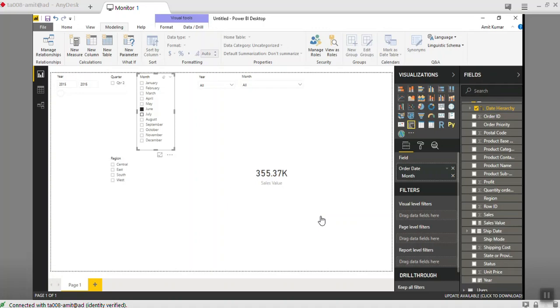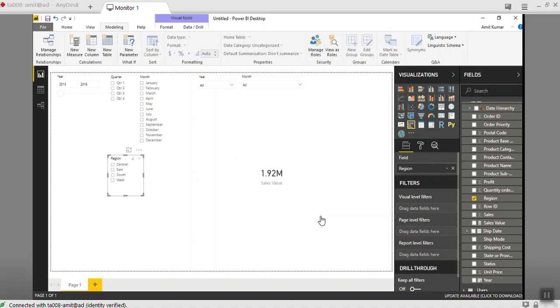So there is no data from July onwards. Till June it has data. From January till June it has data. So every month you are getting the data. Because it is divided day wise, you can have a filter on day also. It will give you the day wise figure also.